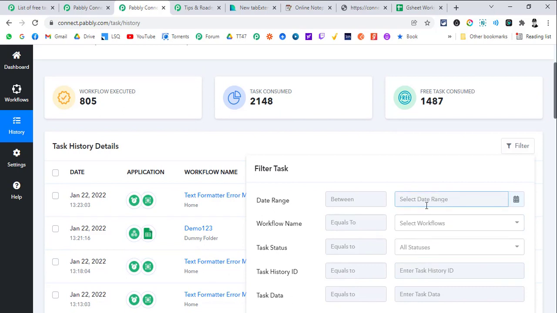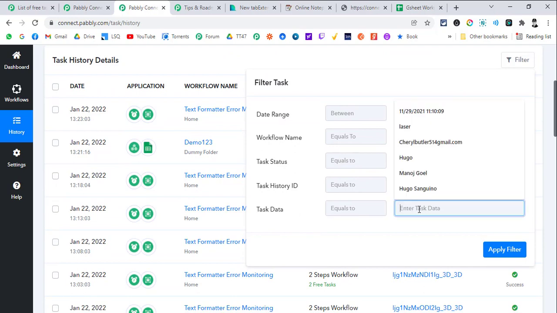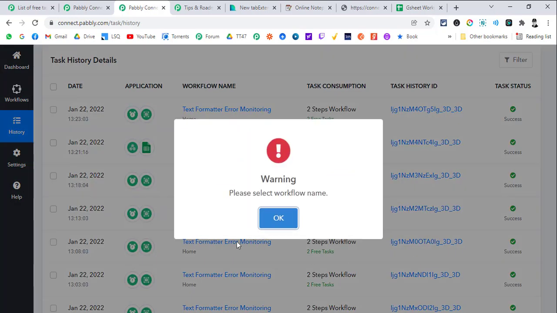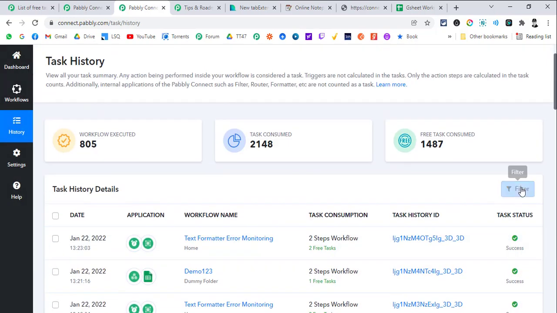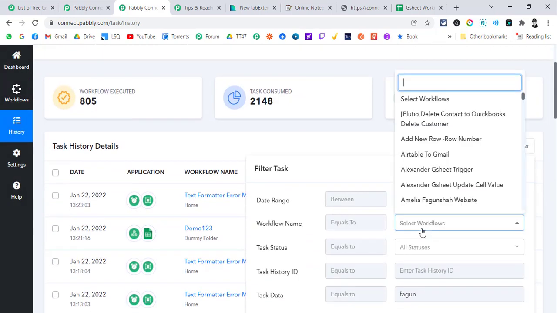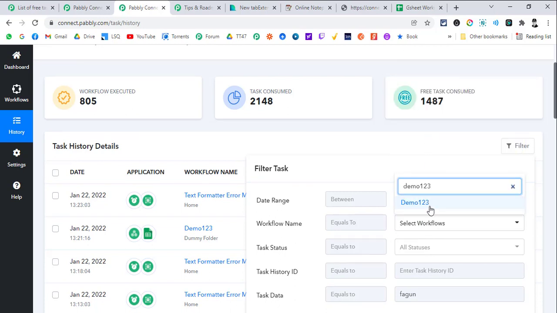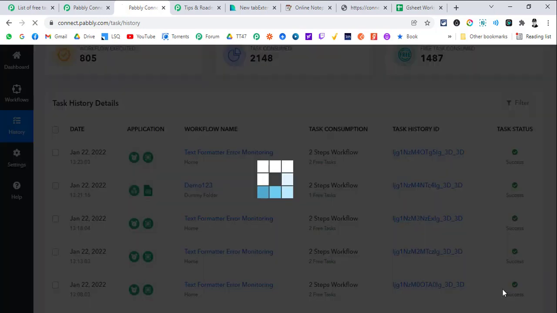So Pabbly gives you data history of the last 30 days only. Okay, which is the same for Zapier also, right? So for example, let me search by Fagun, which we just passed in the history. Okay, we need to select the name of the workflow as well, demo 123. So we select that and apply the filter,